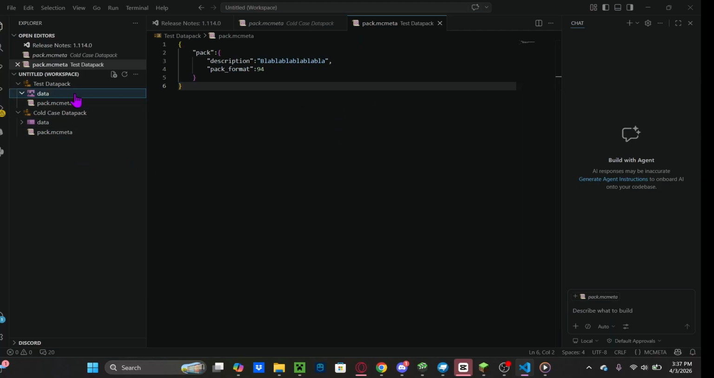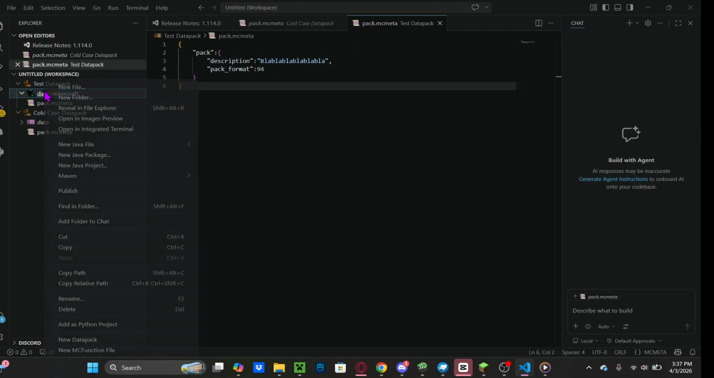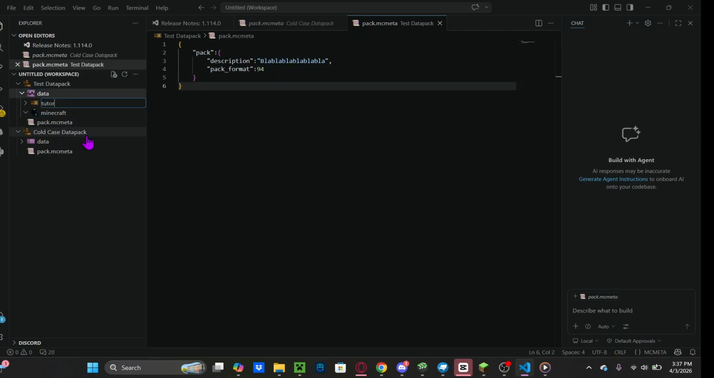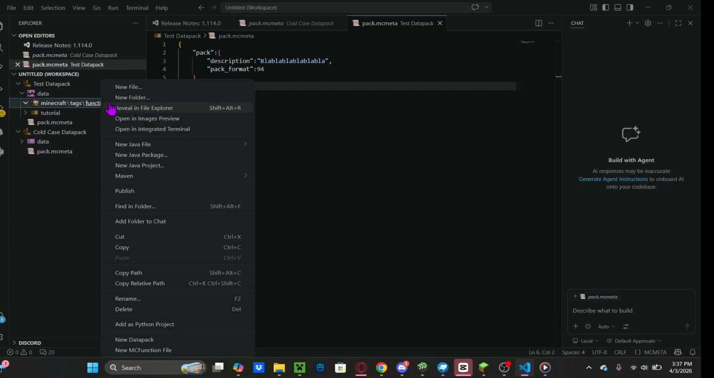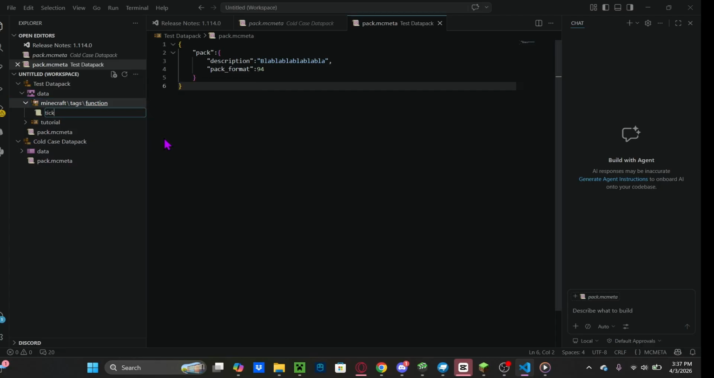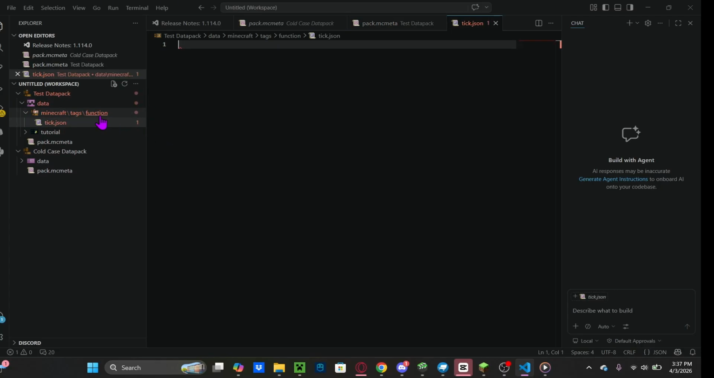Alright, once you create the data folder, you're going to create a new folder and call it Minecraft. And then you're also going to create another new folder and call this one Tutorial. Now in the Minecraft one, you're going to create another folder and call it Tags. And then in the tags folder, you're going to create another one that's function. In the functions folder, you're going to do tick.json and then